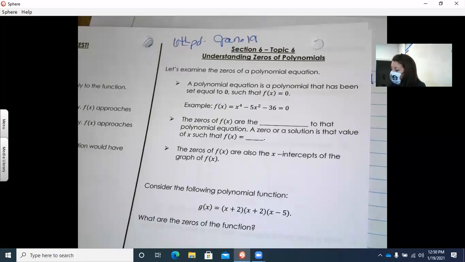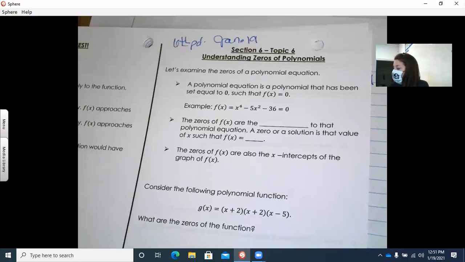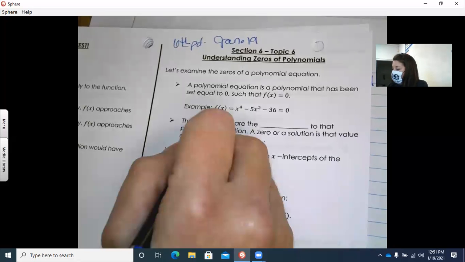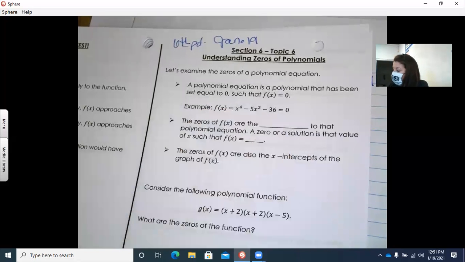All right, let's examine the zeros of a polynomial equation. So a polynomial equation is a polynomial. We know what a polynomial is. That was what we spent that first lesson on. That has been set equal to 0, such that f of x equals 0. For example, f of x equals x to the 4th minus 5x squared minus 36 equals 0. Okay. The zeros of f of x are the